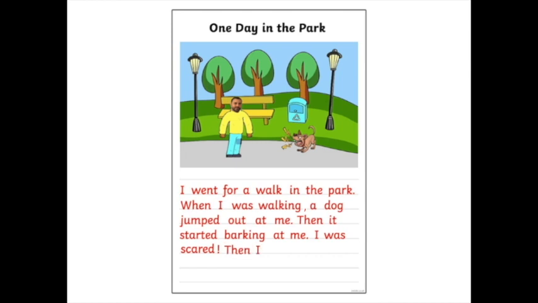Then I yelled at the dog and it ran away. And, so here's a connective word, right? A conjunction. And remember, conjunctions or connective words, they bring two ideas or more together in a sentence. Then I yelled at the dog and it ran away. Full stop. So let's read what we've written so far.